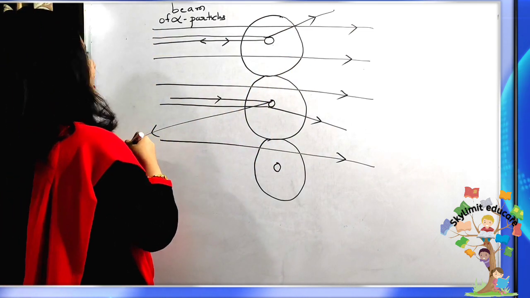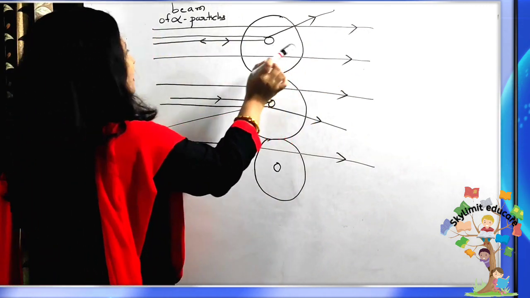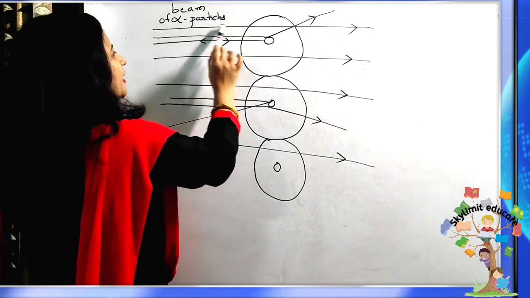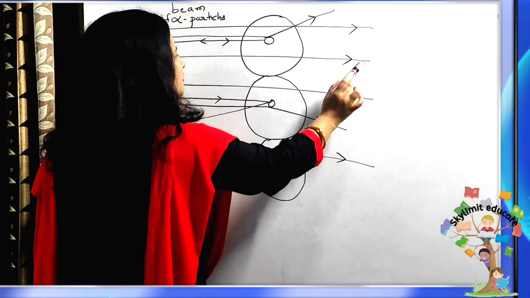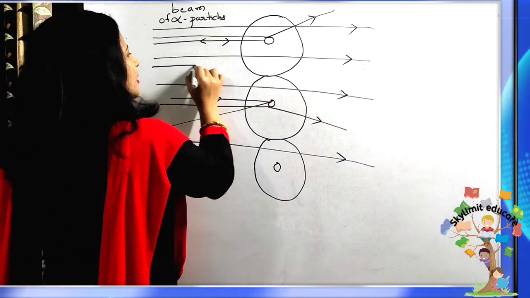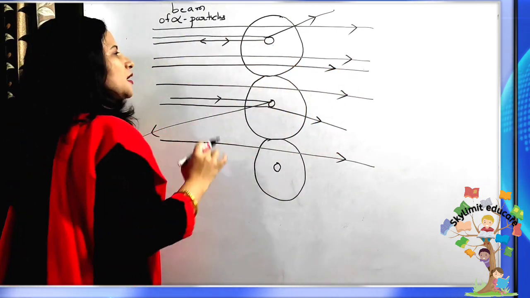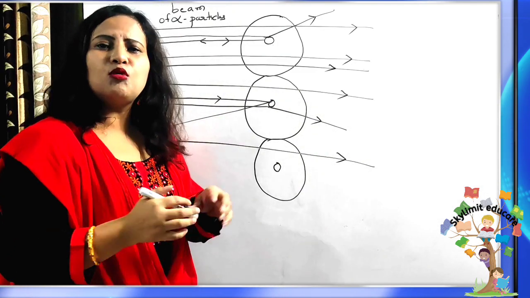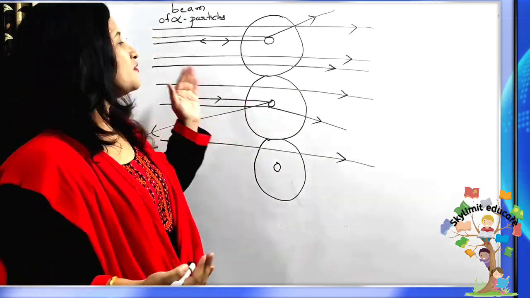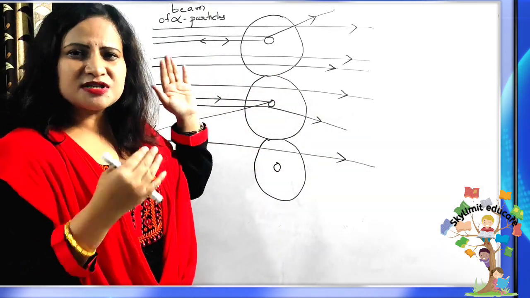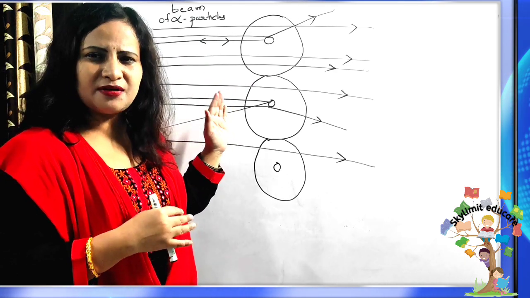That is why most of the alpha particles pass straight. Without any obstruction, they pass straight. Most, 99.9% of the alpha particles, pass straight, you can see here. Now we know that most of the part of the atom is empty. That's why most of the alpha particles pass straight. This was the actual case that happened during the gold foil experiment.